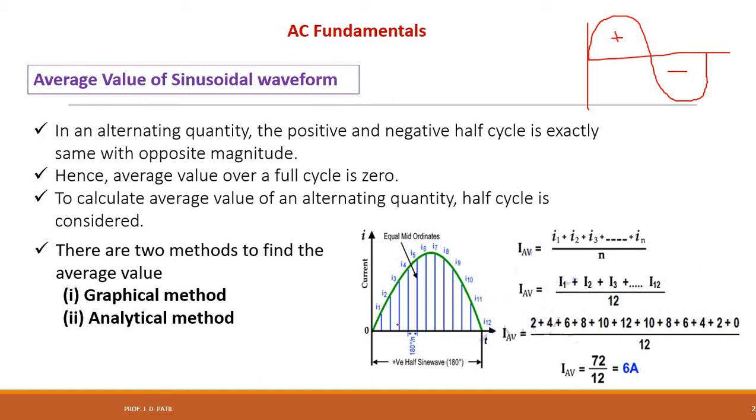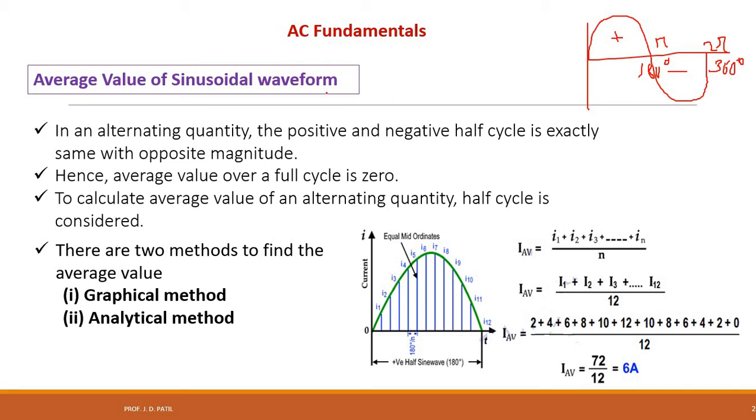Generally the half wave is considered, that is 0 to pi time instant. Pi means 180 degrees, pi radian. This is the time period. So this is pi, and this is a 2 pi time instant, which is also called a 180 degree phase shift. This is a 180 degree rotation and a 360 degree rotation.